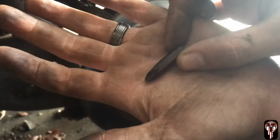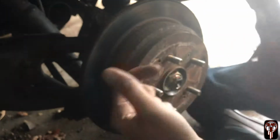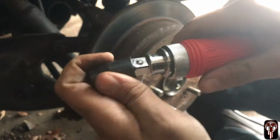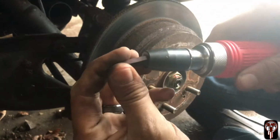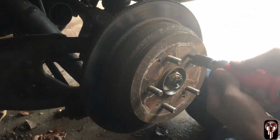Alright, so we got plenty of heads to choose from. This is the one, focus. This is the one that fits in there perfectly. It has a little dollar tip to it. So what you do is you put the black adapter in there, shove the tip in there, and make sure it doesn't wobble any other way, like it fits in there firm,